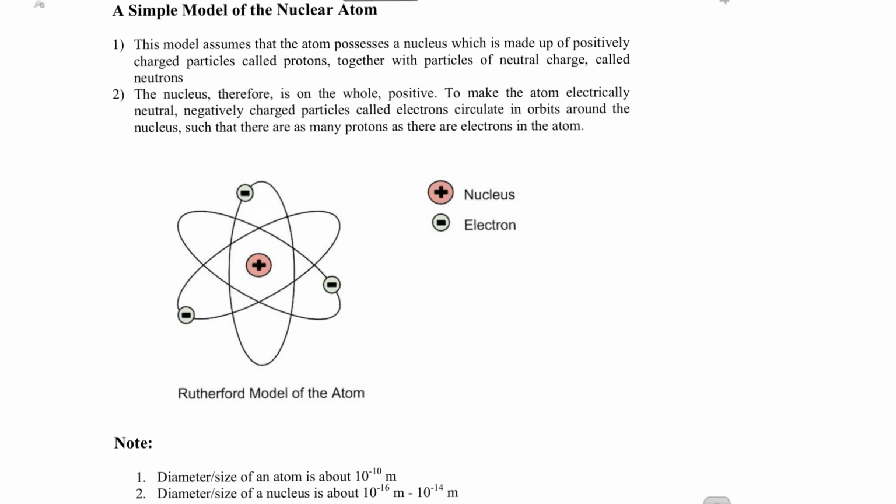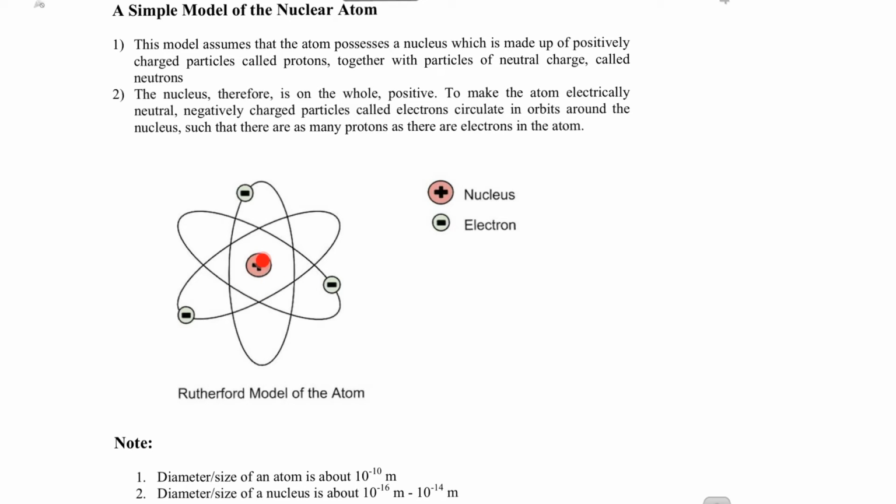So after you have learned Rutherford's alpha scattering experiment, the next one will be the model of an atom. Although Rutherford's experiment by itself doesn't give you the model of an atom, it was the work of scientists after that which gives you the model of an atom. So when you look at the model of an atom, you will notice that if they ask you to describe,